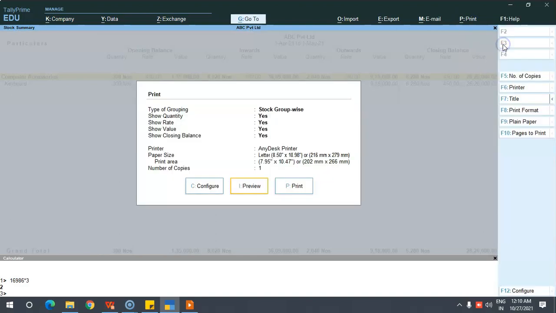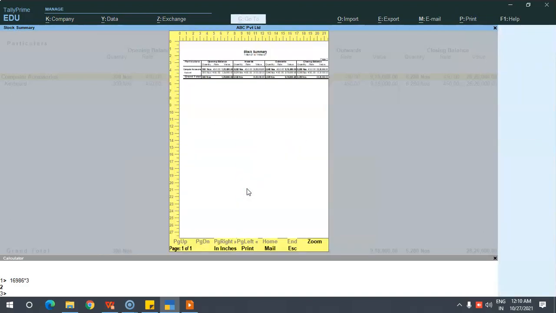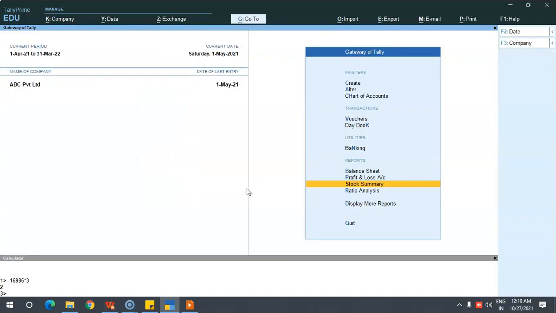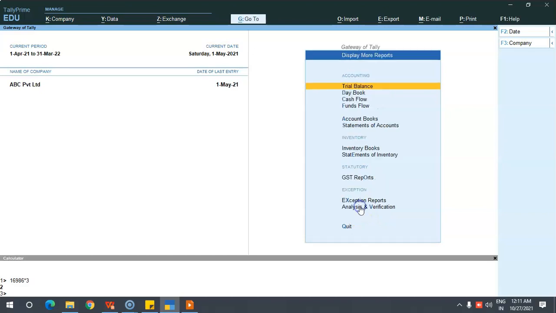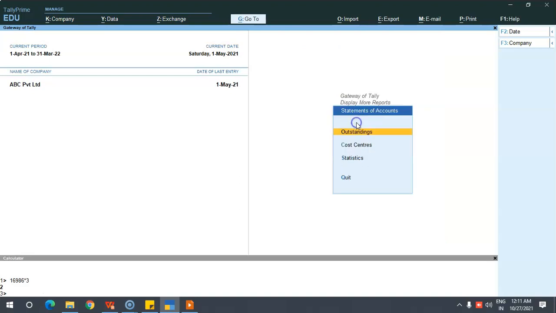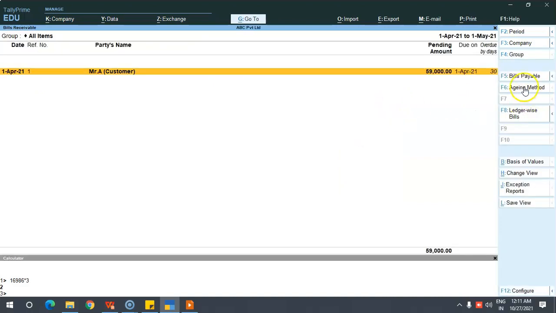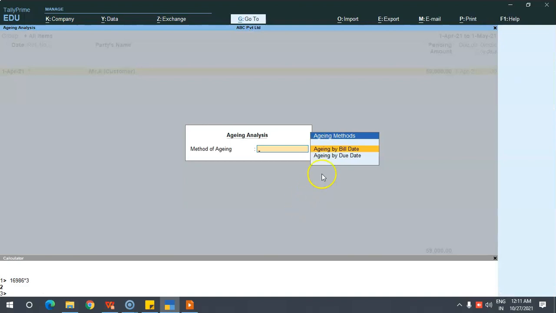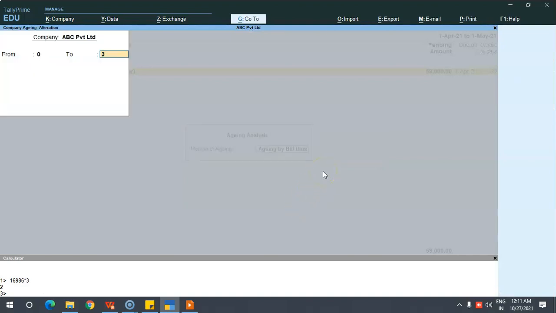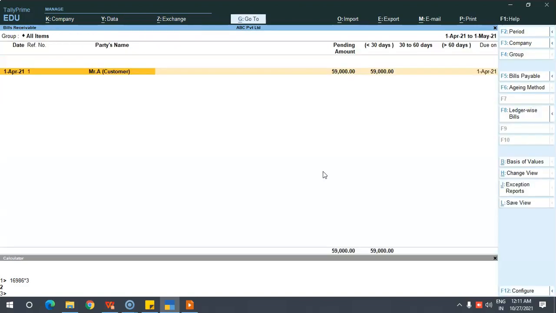So print, Control P. This is how we print the reports. Not only these reports, even the outstanding reports, everything can be printed. For example, usually in a company they will ask for the outstanding report age-wise. For that purpose you can give the aging here. The aging method is there, no? You can click on it and take the aging report like 0 to 30 days, 30 to 60 days, like this. This also you can take a printout.